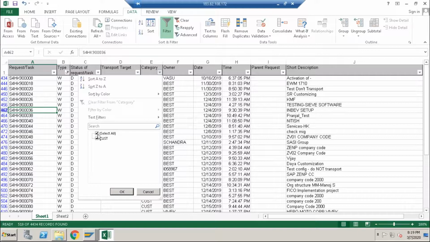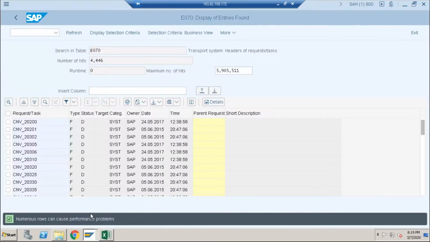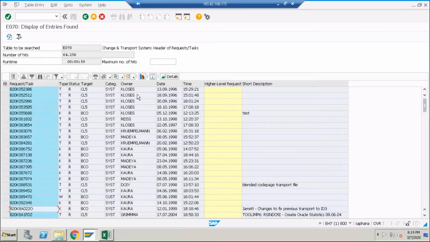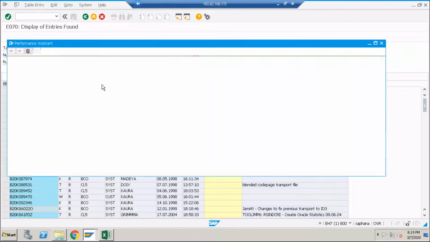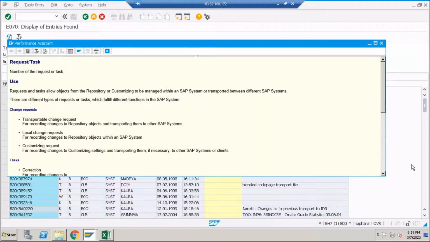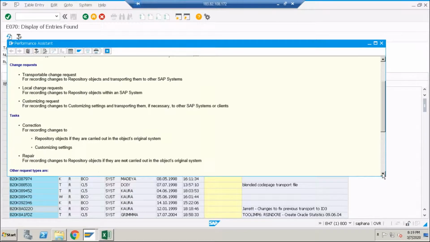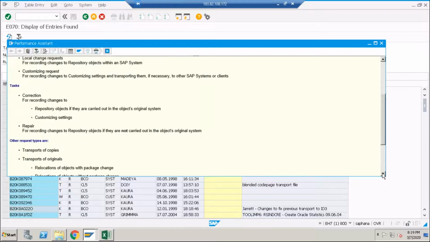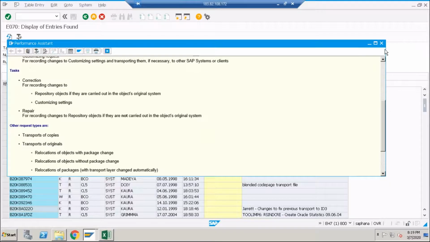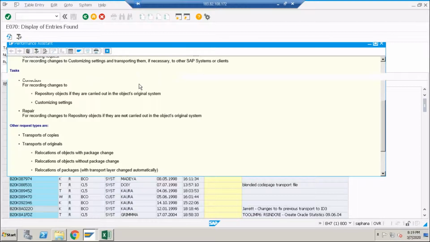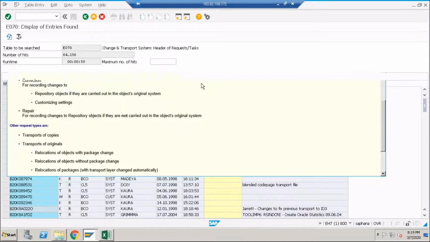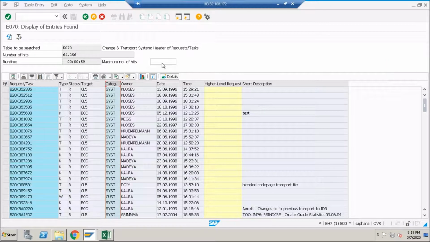The workbench is not showing here. Go for the ECC system and check it. Just press F1 on the category column.